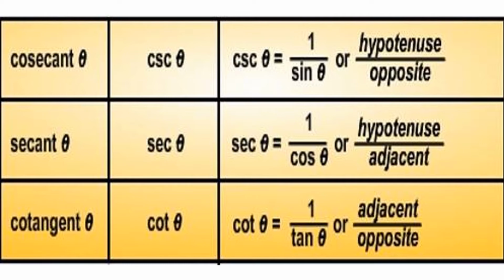Now cotangent theta, that is the cot theta, that is the reciprocal of tan theta, or it can be written as adjacent side upon opposite side, because we know that tan theta is equal to opposite side upon adjacent side. So the reciprocal will be adjacent side upon opposite side, which is otherwise cot theta.